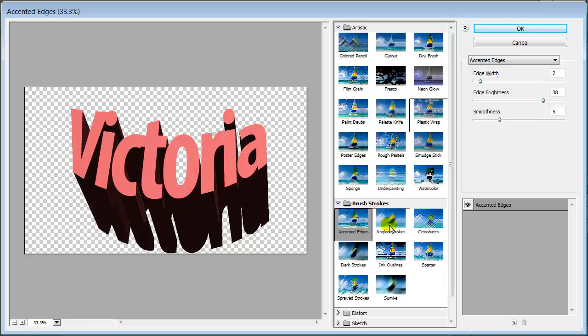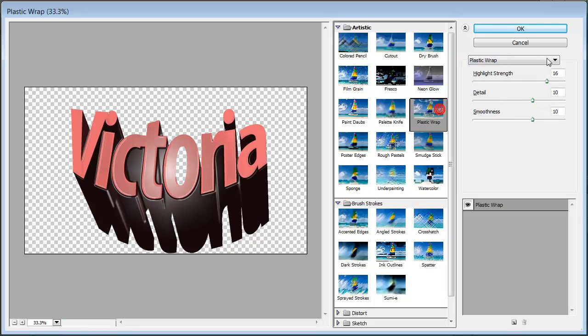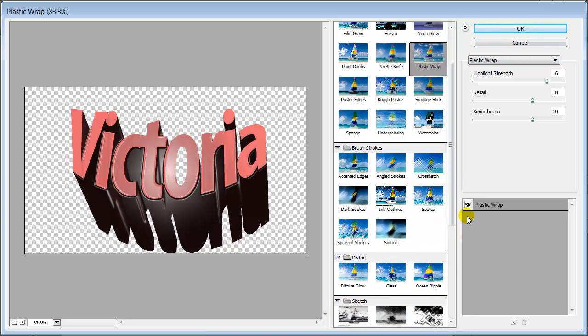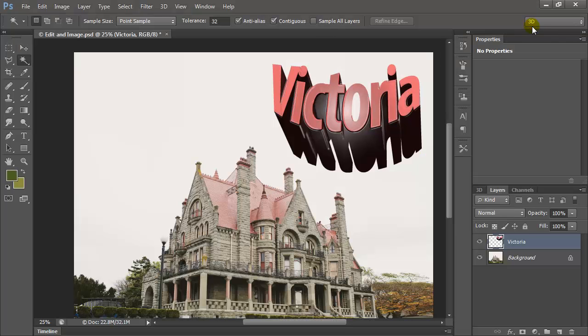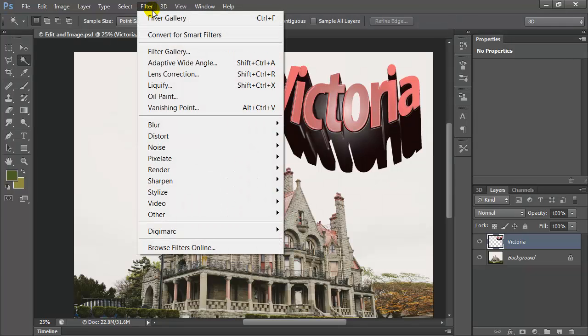So you can go through, find one you like, go ahead and save something. Any one of these is fine. You can use any of these sub options. Just pick one and hit OK when you're ready. Other options under the filter: we're not going to use wide angle or lens correction unless you have a specific